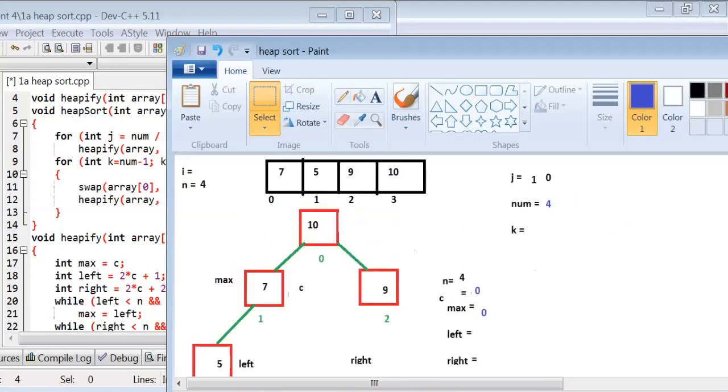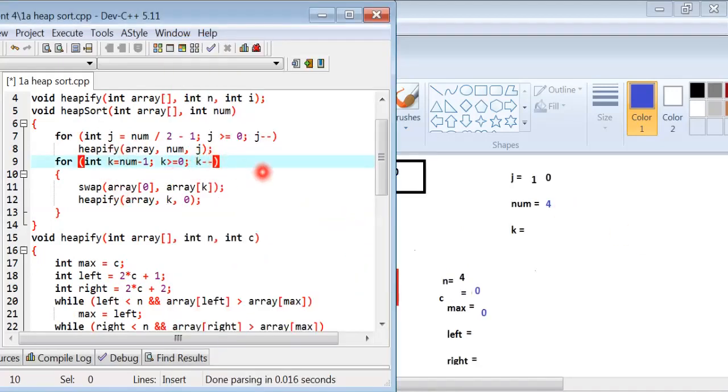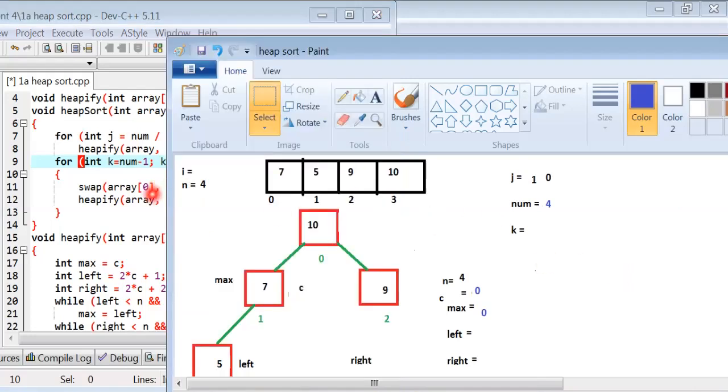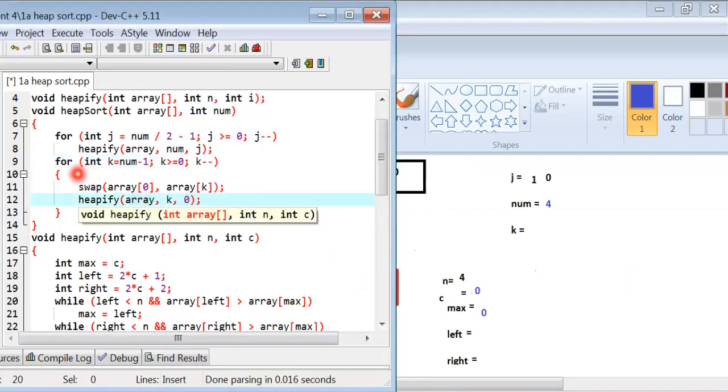The value of j is 0 and now decrement j minus 1, the value is minus 1. Minus 1 is greater than or equal to 0, the condition is false. Then the loop is terminated and we execute this part.